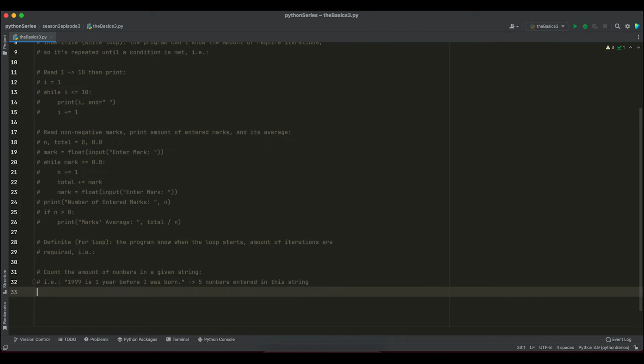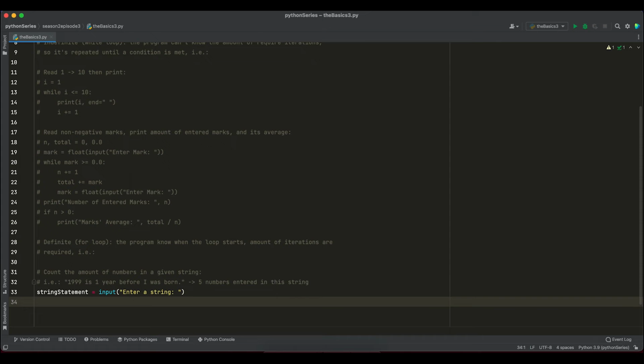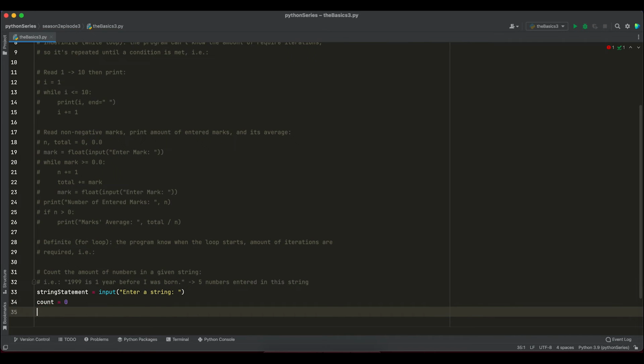Well, first I need to have an input statement to take in a string. So string statement is equal to input enter a string. And to keep count of the amount of numbers that were entered in the string, I need to have a count. And then I need to separate all of the alphanumeric characters in the string and only keep track of the